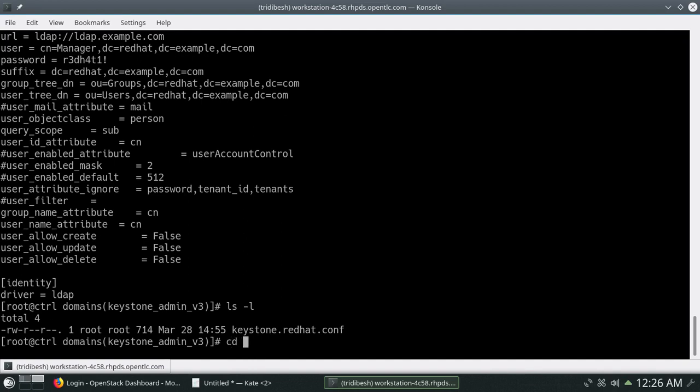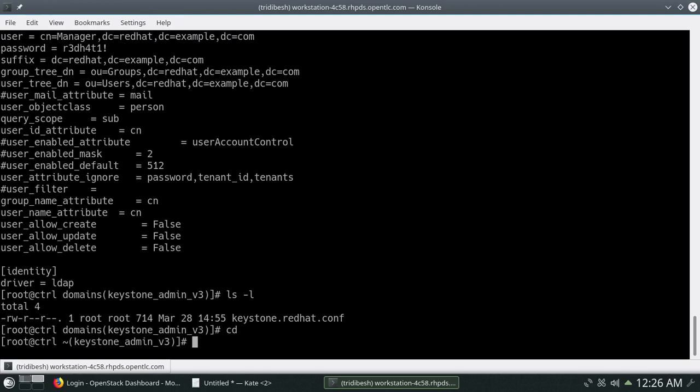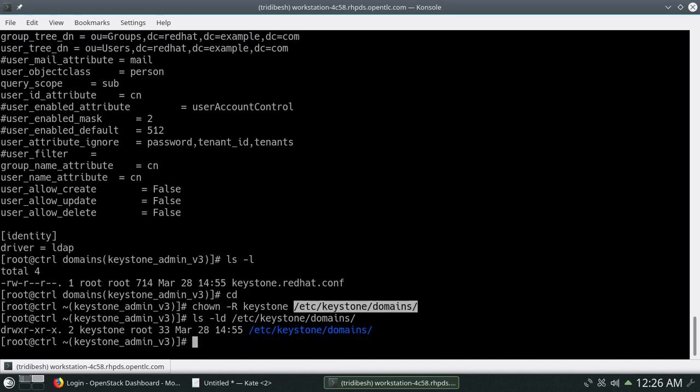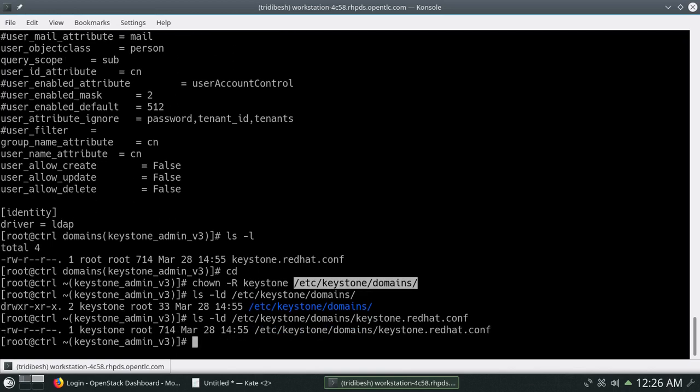Let's come out of the directory, chown -R keystone, then /etc/keystone/domains. Let's verify that. So /etc/keystone. So this has been changed to keystone user.